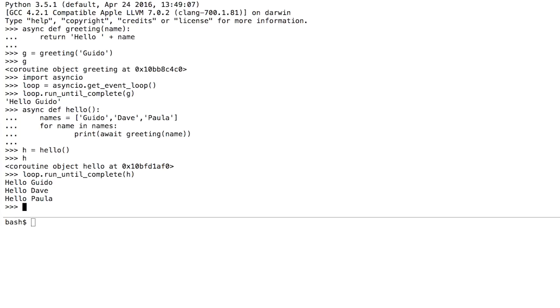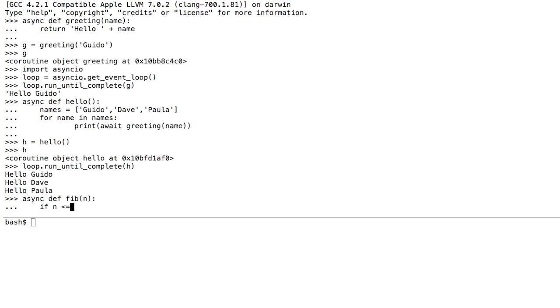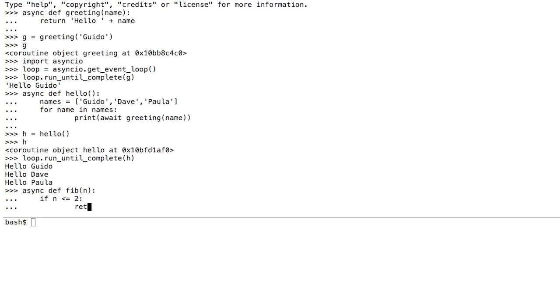So this is a kind of unusual feature of Python. You can write these async functions. They can call other async functions if you want. You could potentially even do things like recursion, for instance. I don't know why you would do this, but you could make an asynchronous version of the Fibonacci numbers or something where you